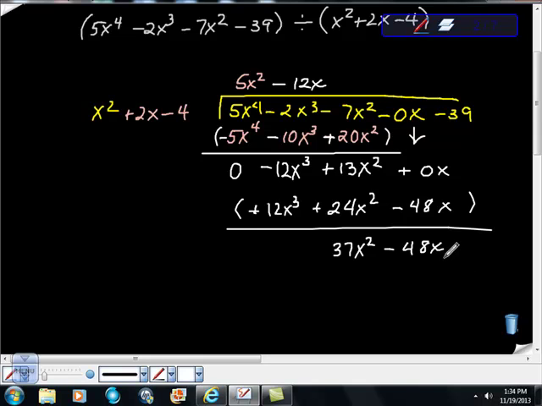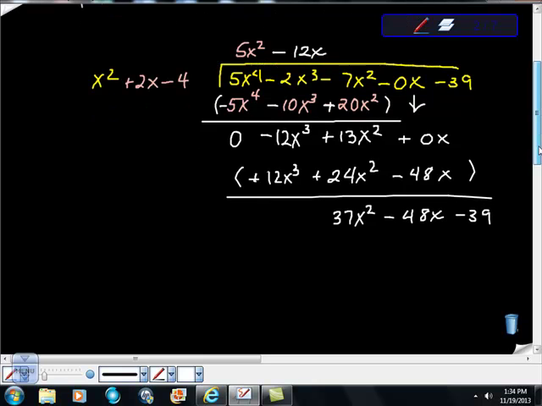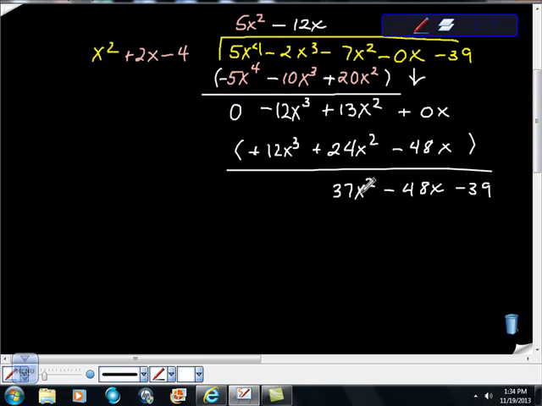Now what? Yeah, you know what? You're right. I can bring down here. Good for you. Yeah, absolutely. Absolutely correct. Now I'm going to take my 37x squared and divide it by x squared, which is 37. Follow that same process. Get 37x squared here. Get, is that 74? Get 74x